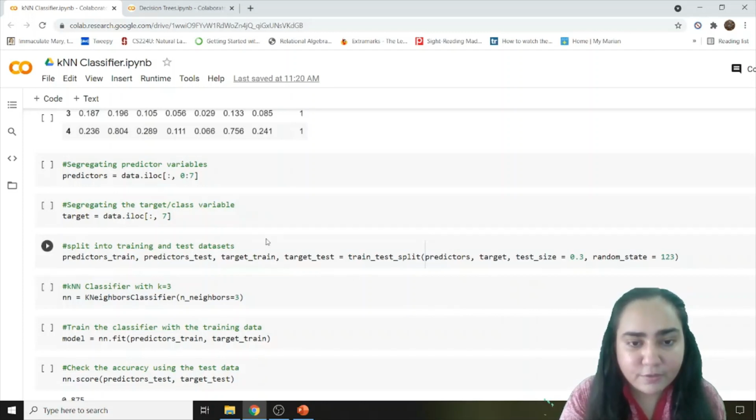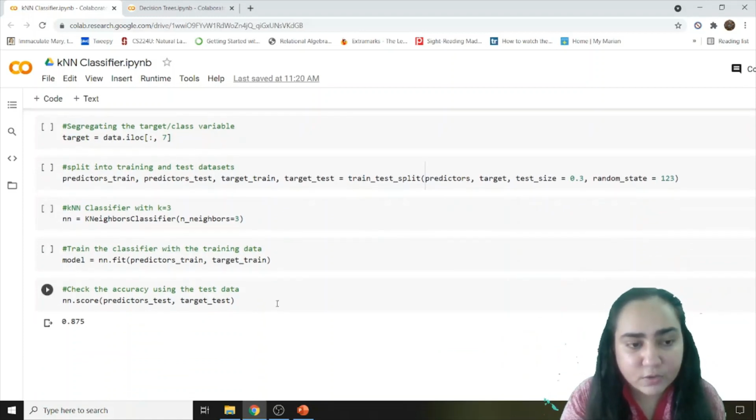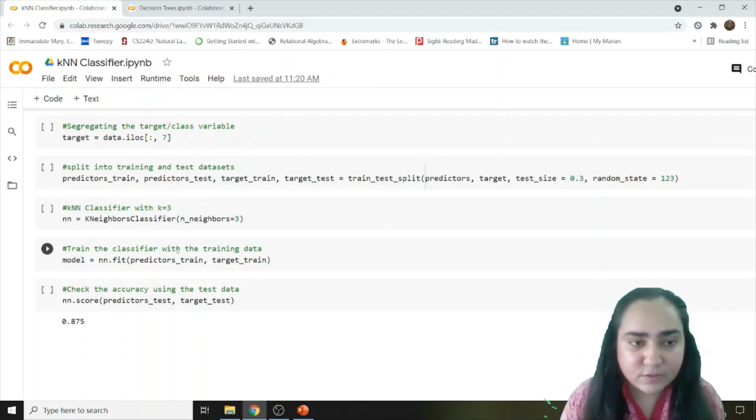And here you have 4 things that you have taken: predictors train, predictors test, target train, and target test, because this function is going to return these things to you. The predictors train and target train are what you will use to train your model. And then predictors test and target test will be used later on for prediction and finding the accuracy. If you remember, this is the same kind of data set that we used for the naive Bayes classifier, so we will be able to compare both.